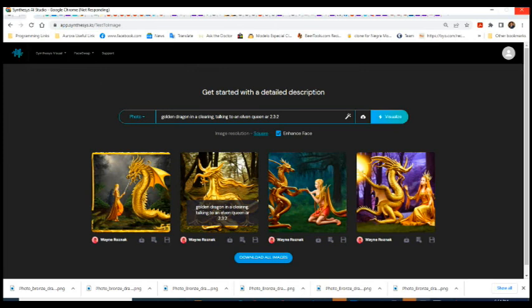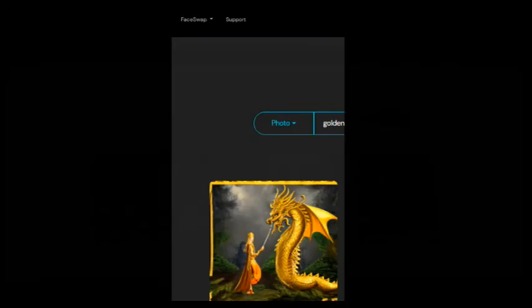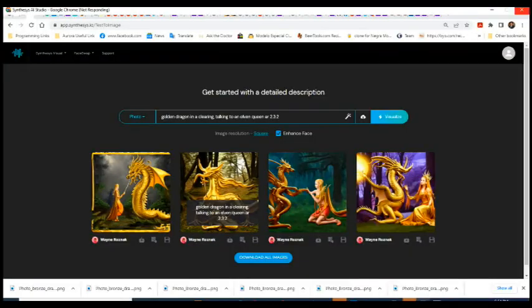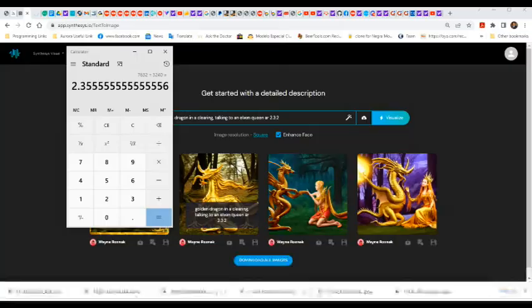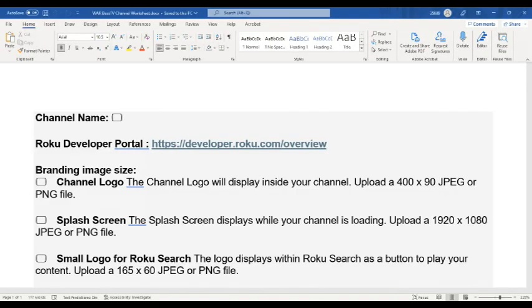Everything is just popping up tonight. The calculator that popped up, I was using that to calculate aspect ratios earlier today. Oh, there we have it. We're going to